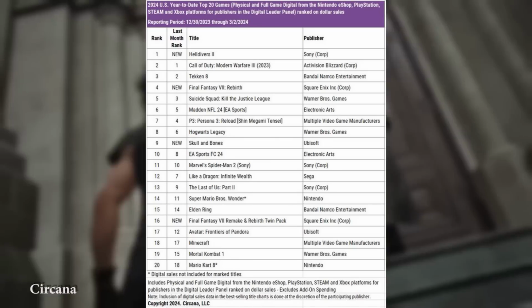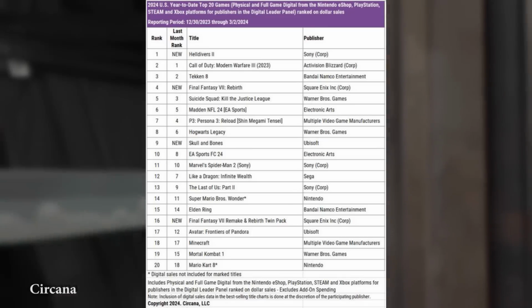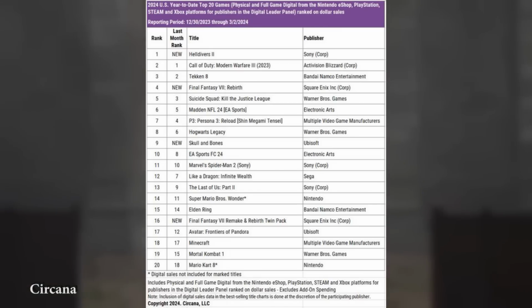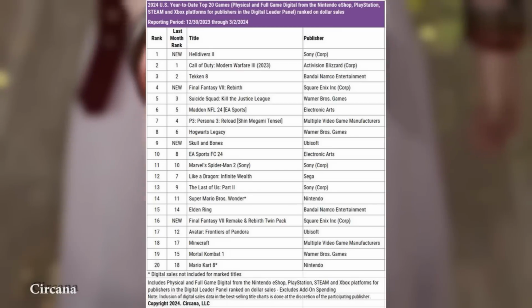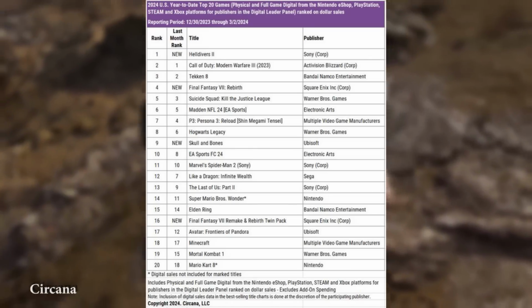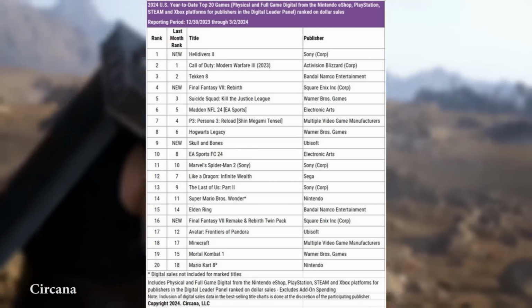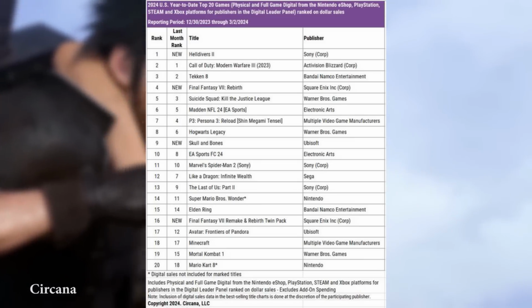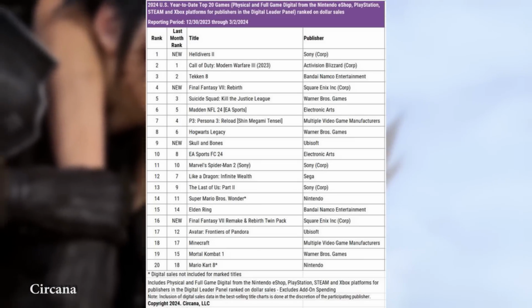When considering that Rebirth launched on the final day of February this year, it only had 3 days of data in this posting, yet even so, Final Fantasy VII Rebirth landed in 4th place, under the likes of Helldivers 2, Call of Duty Modern Warfare 3, and Tekken 8, and sold better than Suicide Squad, Madden 24, and Persona 3